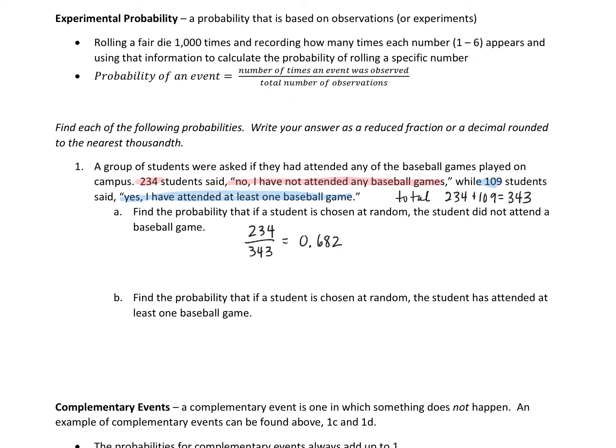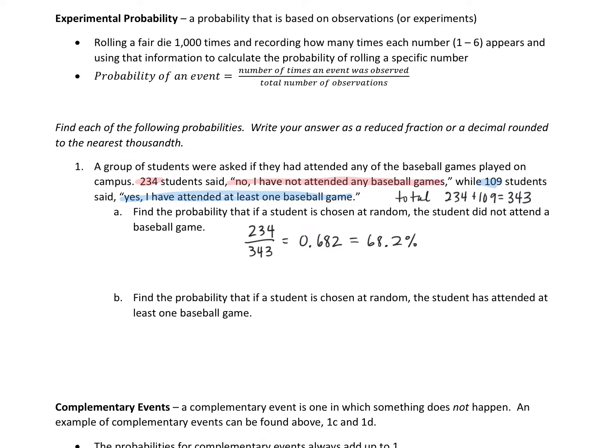Remember that fractions, decimals, and percentages are interchangeable, right? You can write them in all 3 forms. So any of those would be correct. Of course, this time the directions didn't give you the option for percentage, but if it did, that would be the percentage associated with that decimal and with that fraction. So approximately 68% of the students have not attended a game. So if you selected one at random out of these 343, the chances are 0.682 exactly that they have not